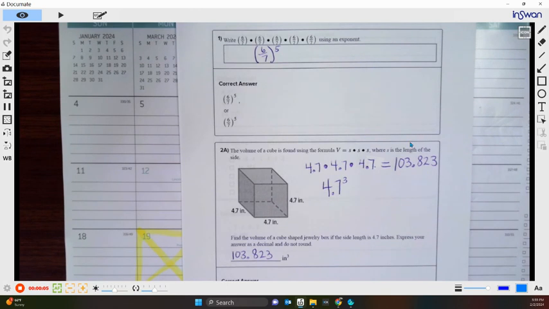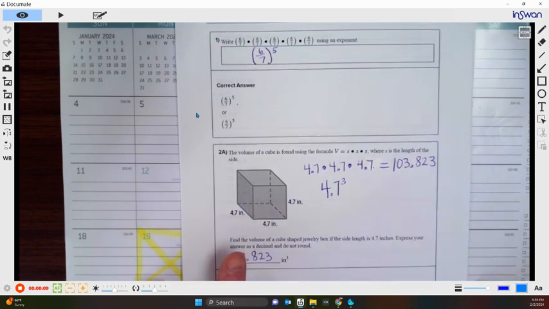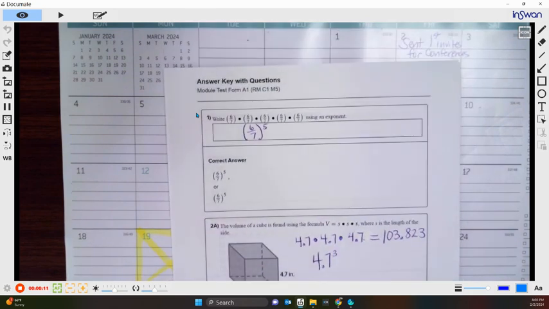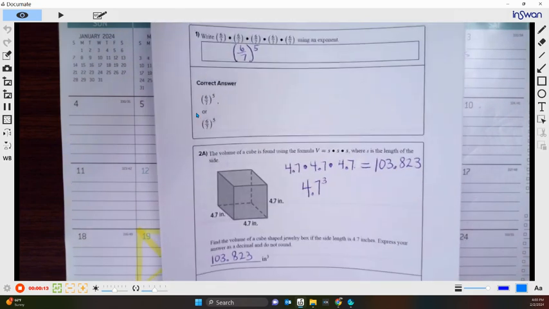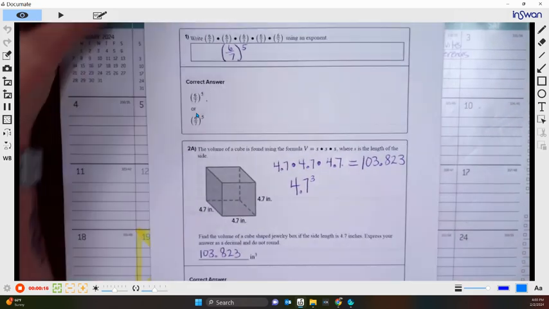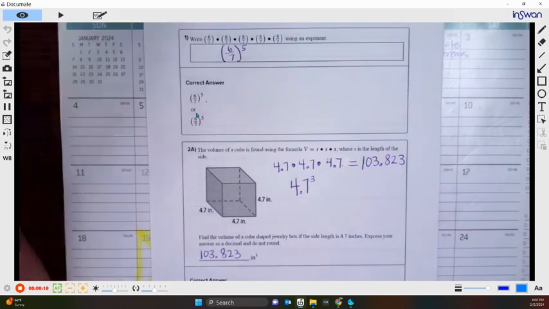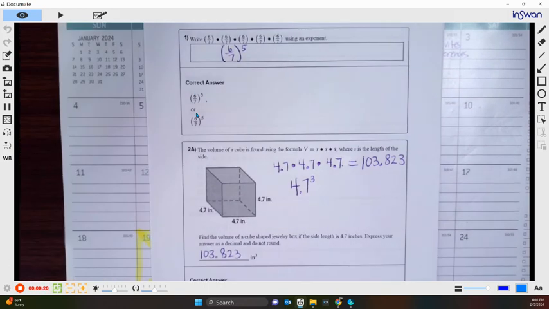There we go. Okay. So we're looking at the module 5 unit test. We're going to go over the answers. I'm going to explain this as best as I can, kind of in reteach mode for those of you that did not do as well on this assignment as what you had thought. Either you didn't finish your classwork, or you made some careless mistakes, or you were unsure about combining the terms,